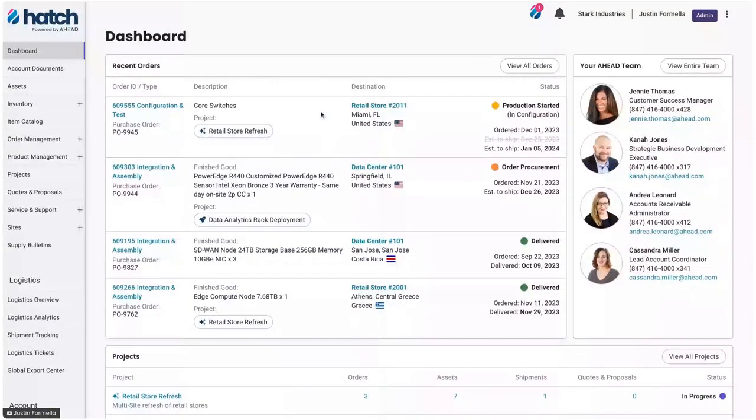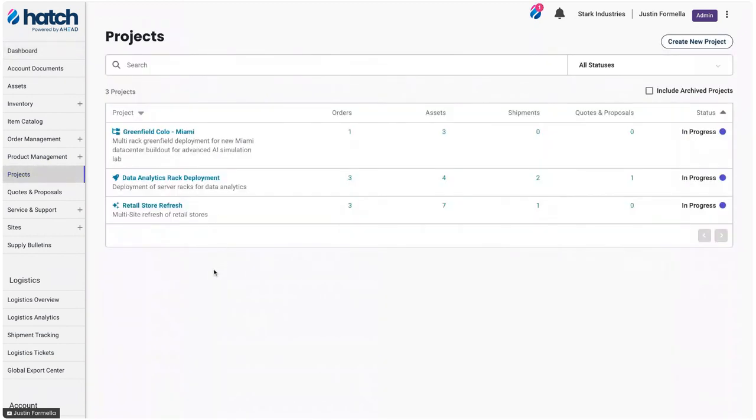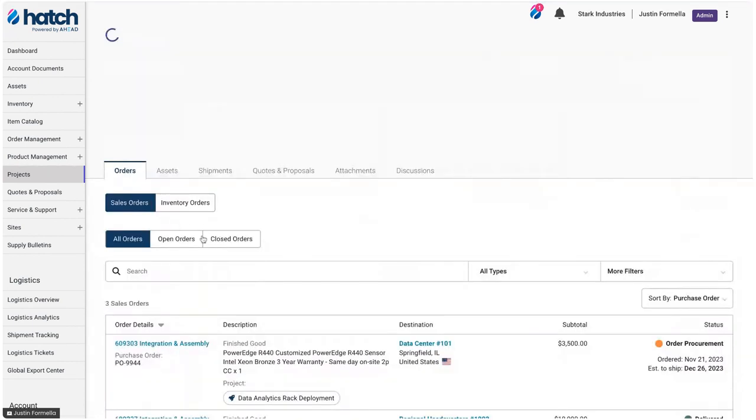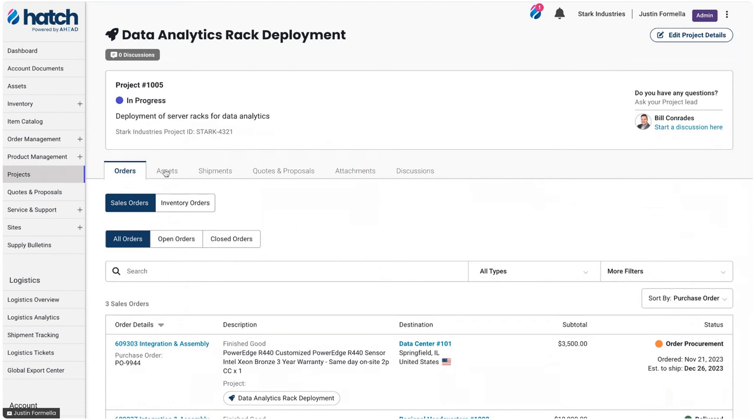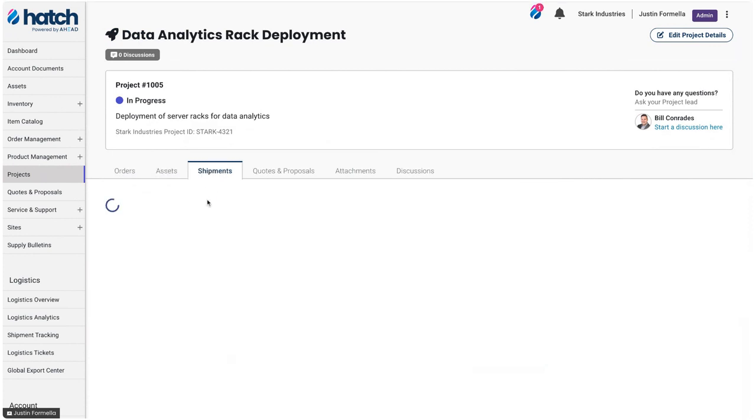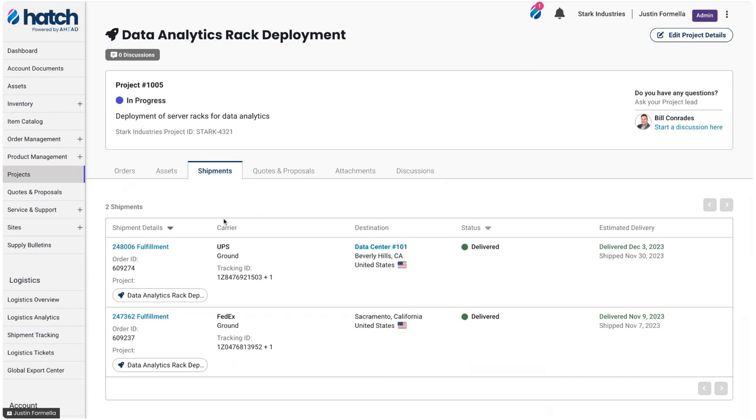All right. So we already talked about the 3 pillars. I'm going to start with the first pillar and start talking about program management. Program management within Hatch. First off, when we approach any piece of activity, we have a lot of different ways that we can view data. And here's one advantage point, which is taking activity that's project-based. We're saying for this rollout, for this refresh, what's all the activity that I have for it. So here I can see all my orders, I can see all the assets, I can see all the shipments, grouping all that activity into one place.